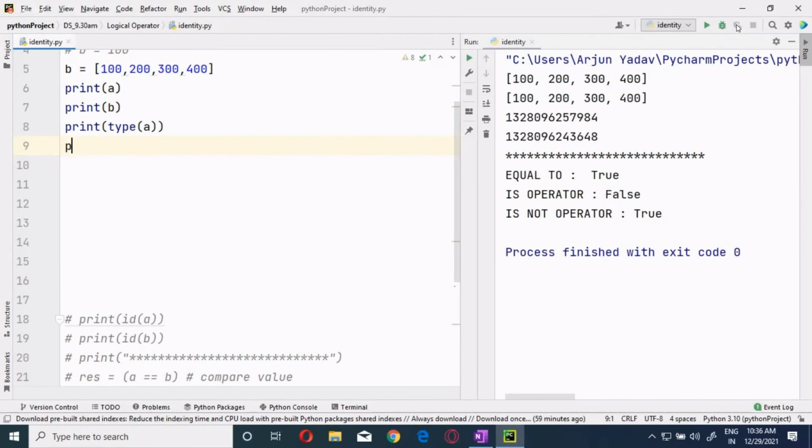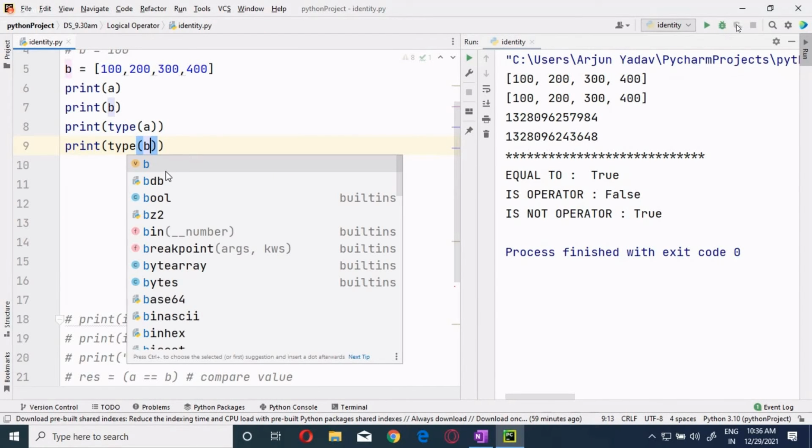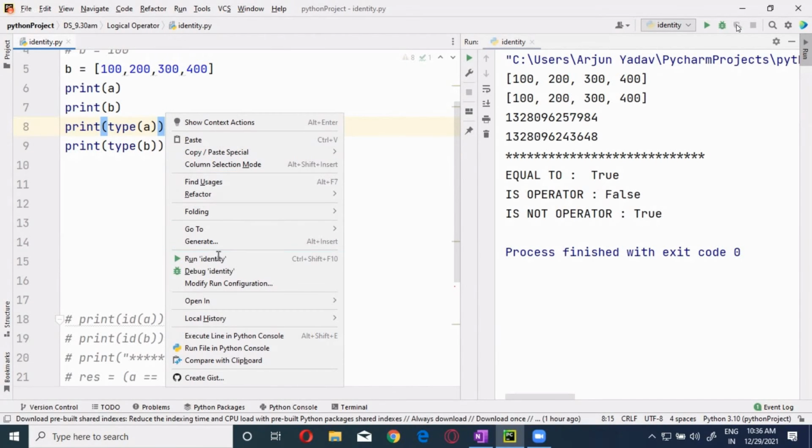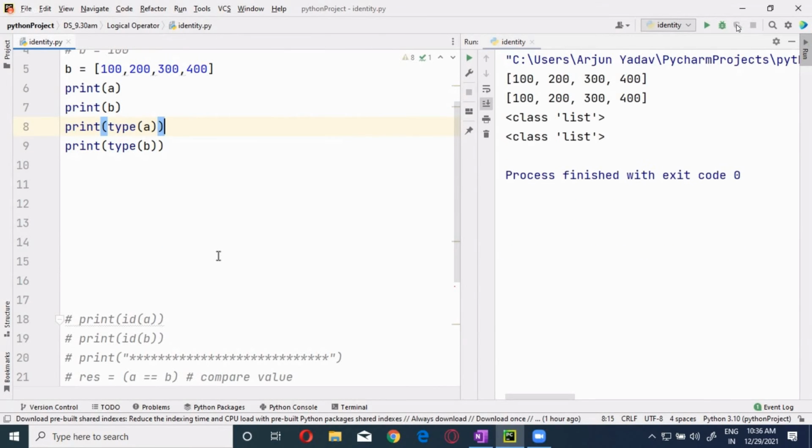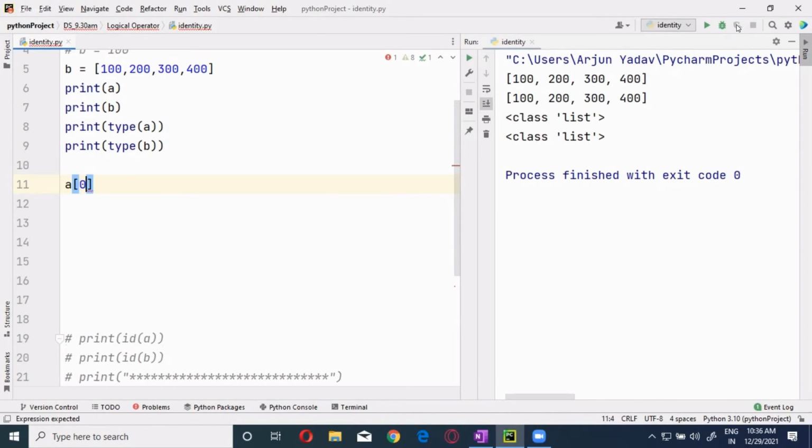Now here, if I'm saying type of B, yes, both are sequential data type. Okay, what is the nature of the sequential data type? It will hold multiple values, and all the values will be stored in a series of internal memory locations, which are identified by the indexing concept, right? Now, when I'm saying A of 0, what are you going to get? 100. Good.